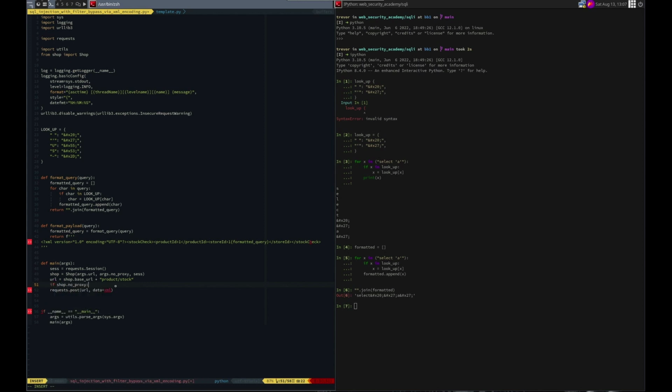If shop.r.no proxy, we'll do this. We're going to save the response. Else, we'll do the same, but through Burp: proxies equals proxies at utils. And remember, we need verify equals false. Right now I have XML here, which is wrong. We haven't defined our payload. Payload equals format payload. And our first one is going to be, oh, remember we decided we were going to use 0,